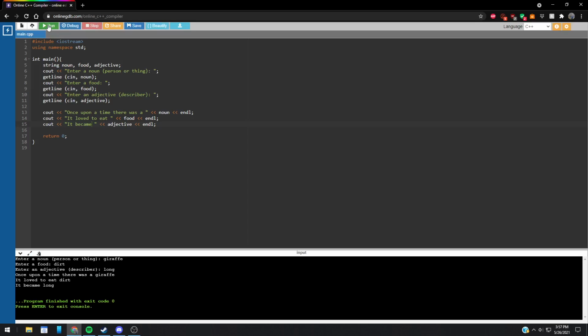So now, once upon a time, there was a giraffe. It loved to eat dirt. It became long. So that could be the origin of giraffes' long necks, if you wanted to. So it's that kind of thing where you can make this be something a little silly, a little nonsensical. But something that isn't really well displayed here in this example is how to embed these variables within these plain text. So if you wanted to, you can just think of this as everything in between here is one element,